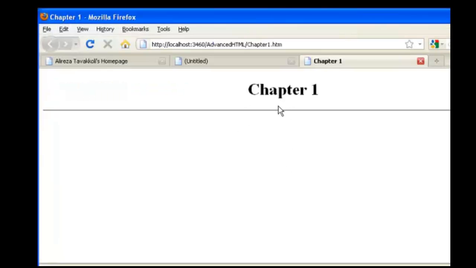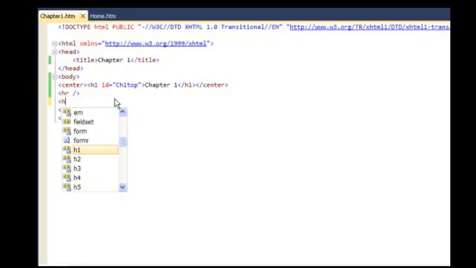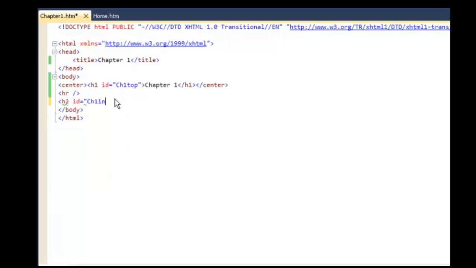Here is chapter 1. Now, I want to have different sections down here. So it would have an introduction, and then it would have a section about something about chapter 1 and so forth. So let's say that this chapter 1 is Introduction to HTML Programming. So this will have a heading 2 with the name of ch1 intro, and it would say introduction, and it would have a